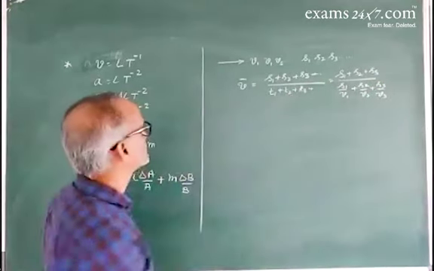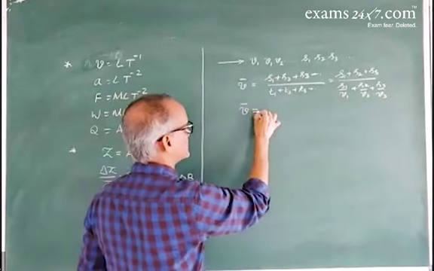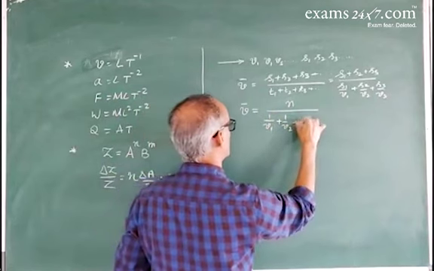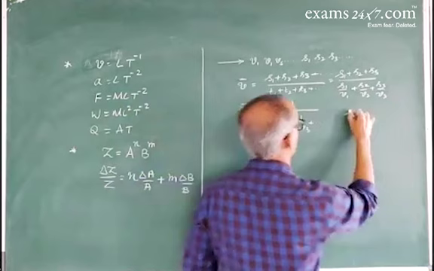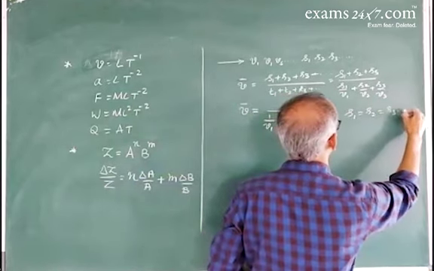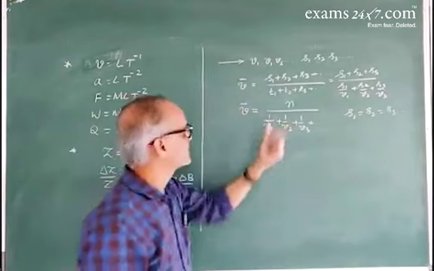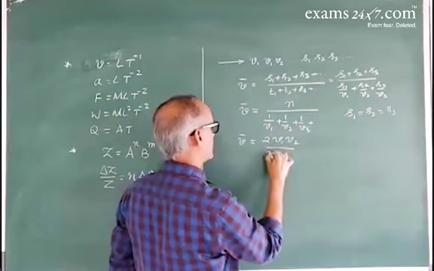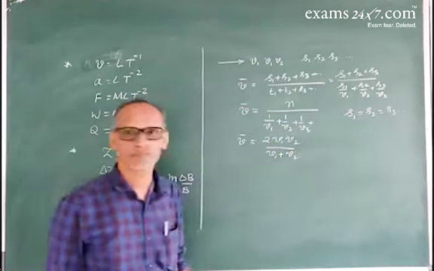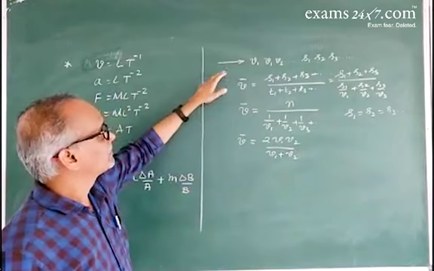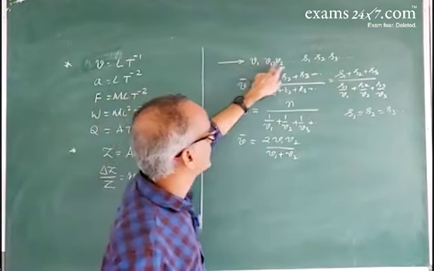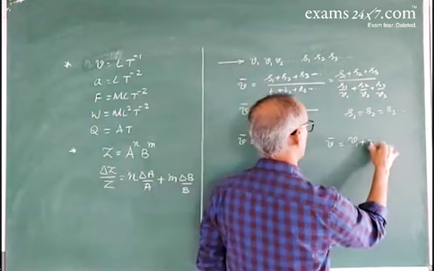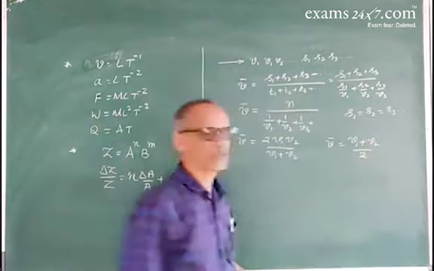Therefore, the formula that you need to remember is the average speed is equal to n by 1 by v1 plus 1 by v2 plus 1 by v3, when the distances s1, s2, s3 are equal. And then for two equal distances, the average speed is given by 2 v1 v2 by v1 plus v2. If the body moves along a straight line and covers the distances in equal intervals of time, then the average speed is given by v1 plus v2 by 2.